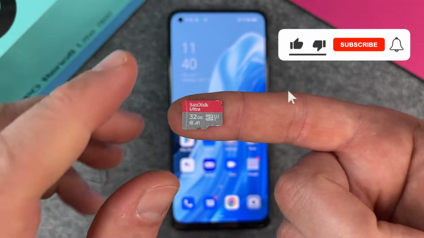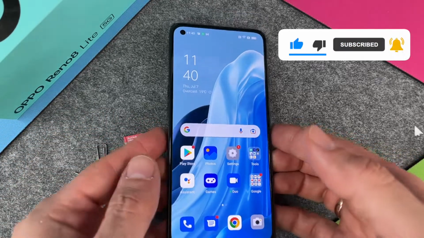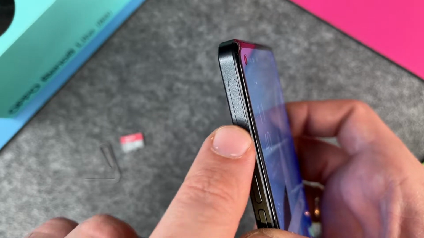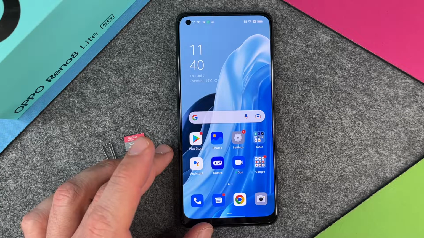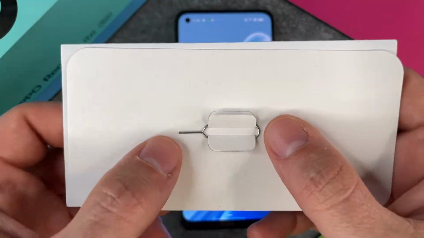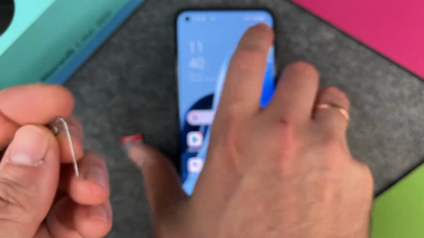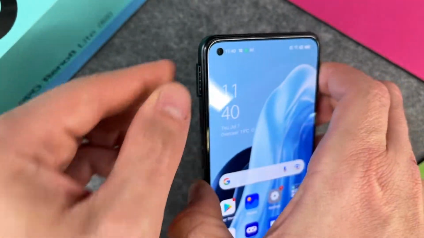Here is 32 gigabytes. The second thing you need is a so-called SIM card ejector tool, because we must put the microSD card at the same place where the SIM card is. So just look at your box, and in your box you will find this SIM card ejector tool. This is a little needle, or you can also use the good old paper clip. So I'll just take the paper clip and put it in this little hole, and then it will open,